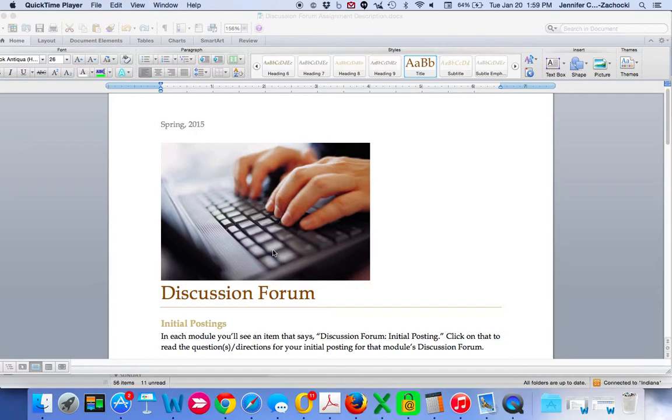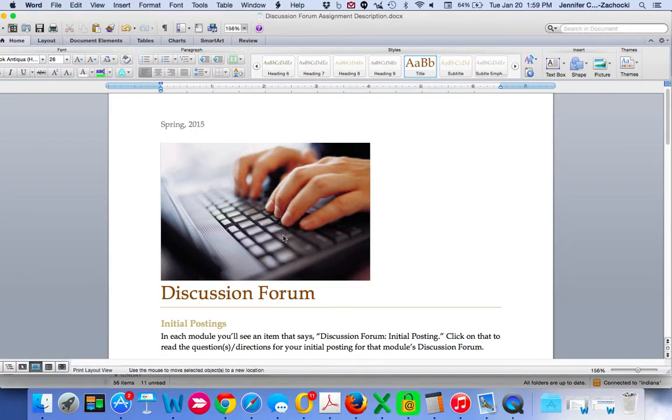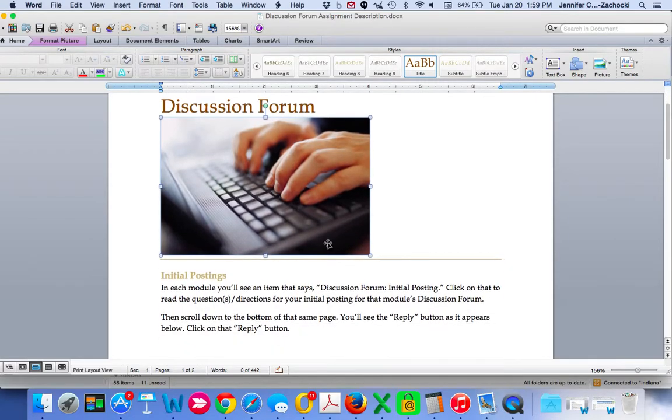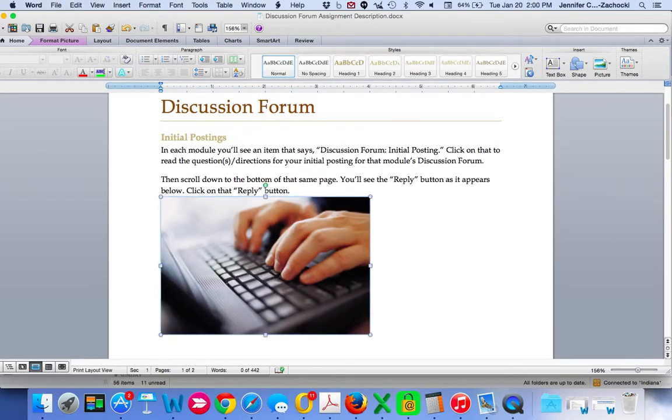most pictures are formatted, which means that when I move it around, it just sort of makes a mess. It doesn't wrap well with the text, and it just pushes everything around. So I need to reformat it. If I want, let's say, this text to go around it to the right, what I'm going to do is,